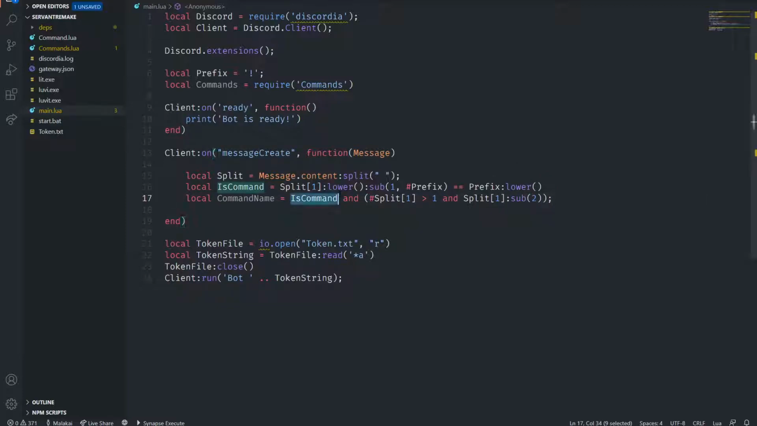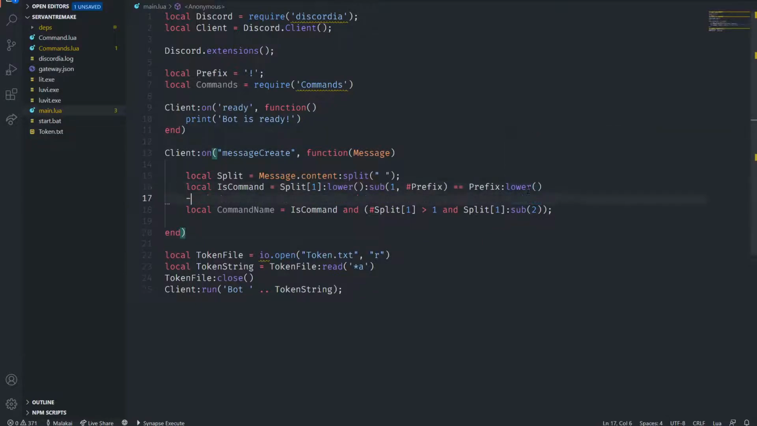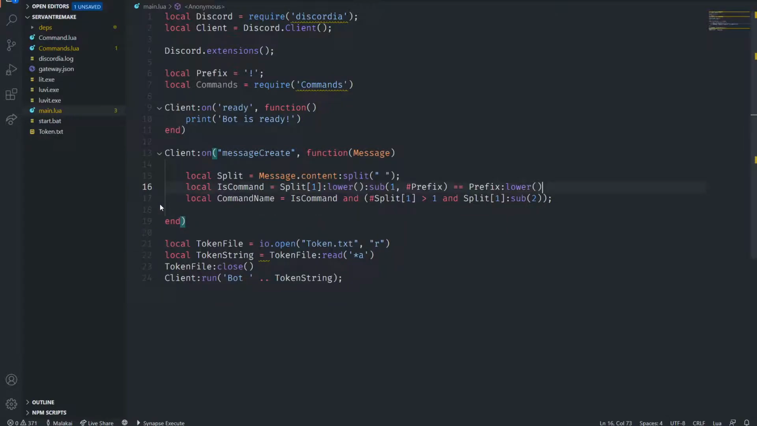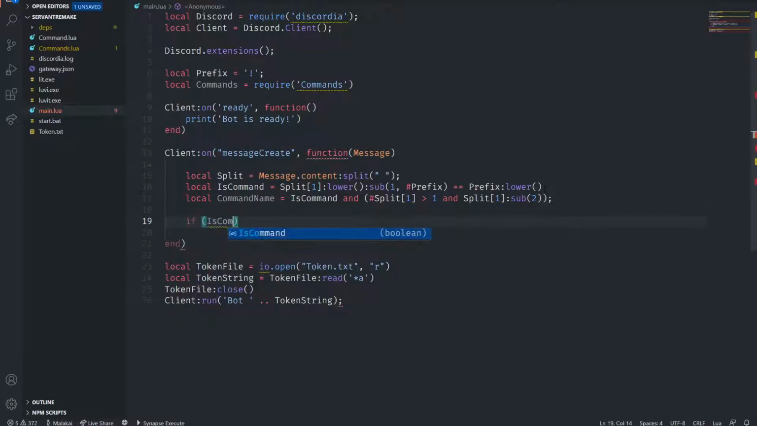Now this checks if it's a command, and if it's a command, then it also checks if the first message is over length of 1. We don't want it to, if they say this and we can't do sub 2, it's just gonna return an error. So we do sub 2, and that will return everything after it. So if is command and command name, then